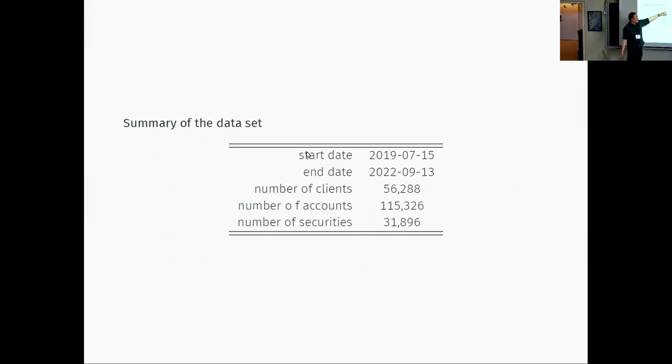The data set starts from 2019 to 2022. Which is a very interesting time period, because we have roughly 8 months of pre-COVID data. And then we have the data for the entire COVID market crash. We have the recovery. And finally, in 2022, we have a high interest rate environment. So the data has a variety of macroeconomic scenarios.